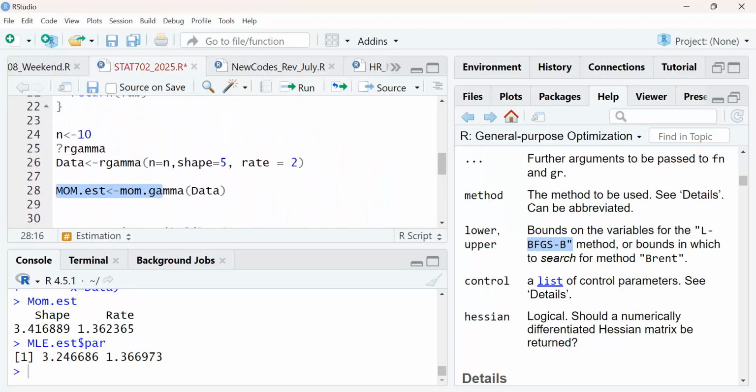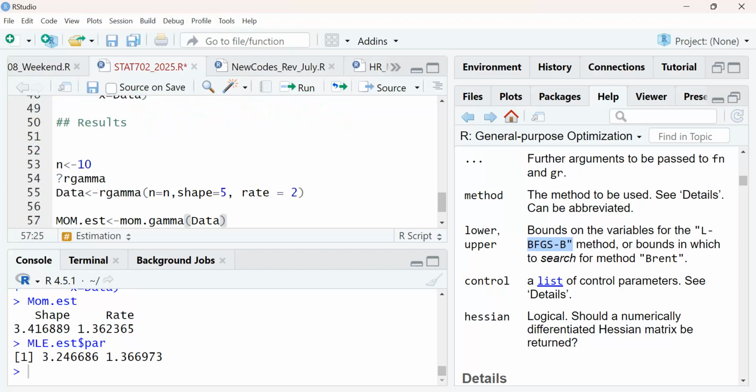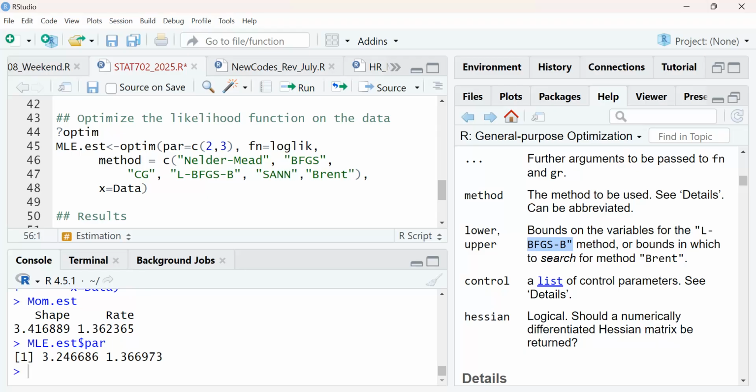Let me arrange them so that it makes it easier for us to rerun it at a go. So N, and then we generate the data, we find our mom estimate, and then we find the MLE.